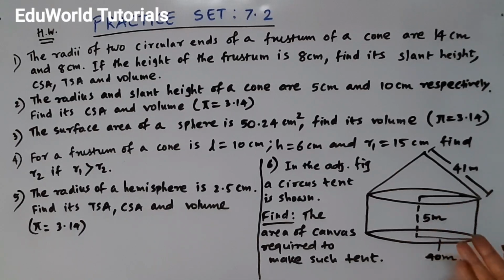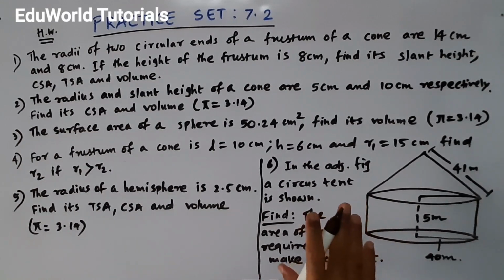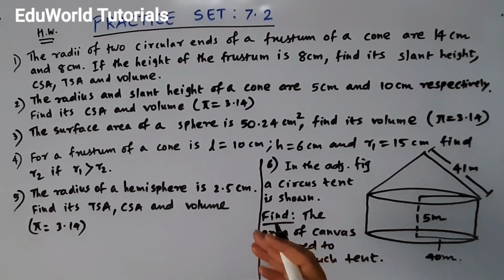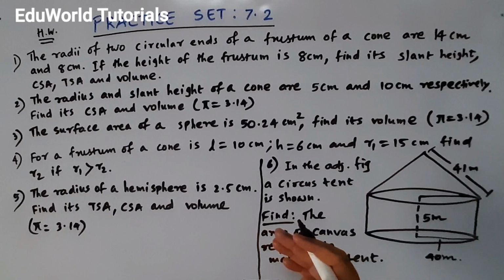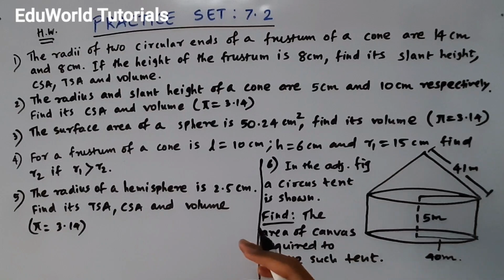Okay, these dimensions are given. They have asked how much area of the canvas, that is cloth, is required to build such a tent. So I feel that you will be able to solve these sums. These are easy sums I have given you. Okay, even if you get any book where extra sums are given, you should find such books. Even the students, you must find old textbooks of geometry, algebra, science of 9th standard, 10th standard, of the old syllabus. Okay, there you will find extra sums.